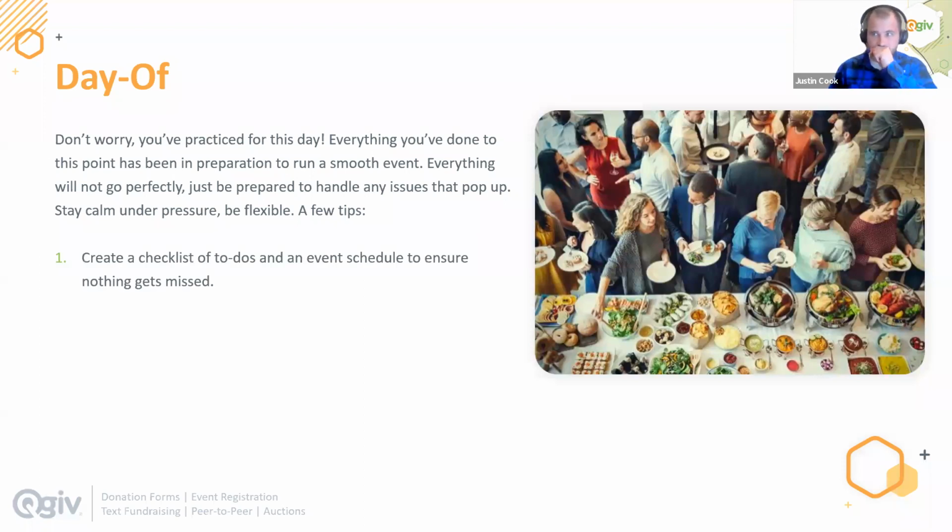A few tips. The first one is create a list of to-dos and an event schedule to ensure that nothing gets missed. What this really helps with too is also having an event binder, so that whoever is managing the event on site has a list of everything in that binder so that you can keep track of everything. And what you would want to put in that binder are site maps, vendor phone numbers for any key staff and volunteers, a run of the event schedule, extra copies of any of the program scripts that you have,